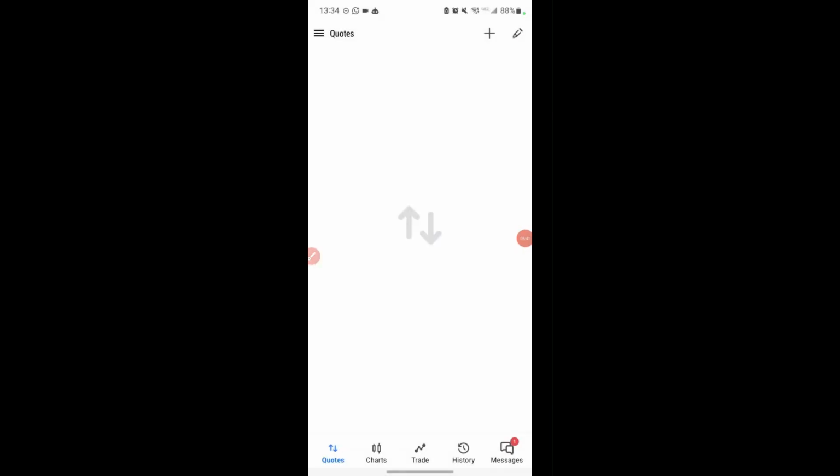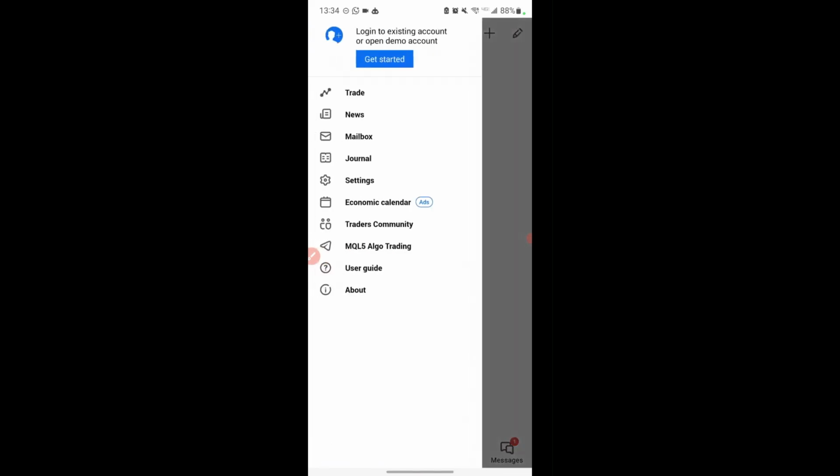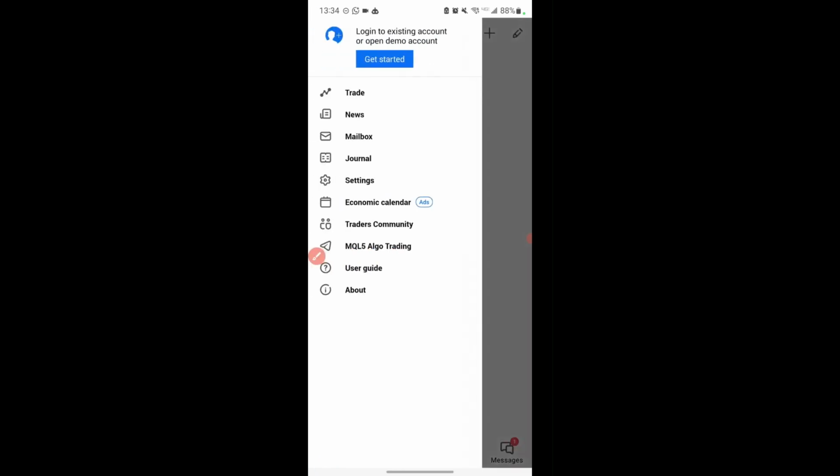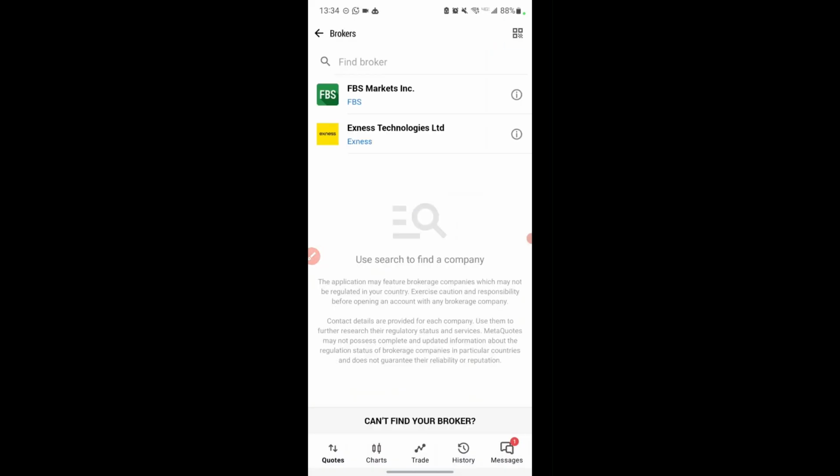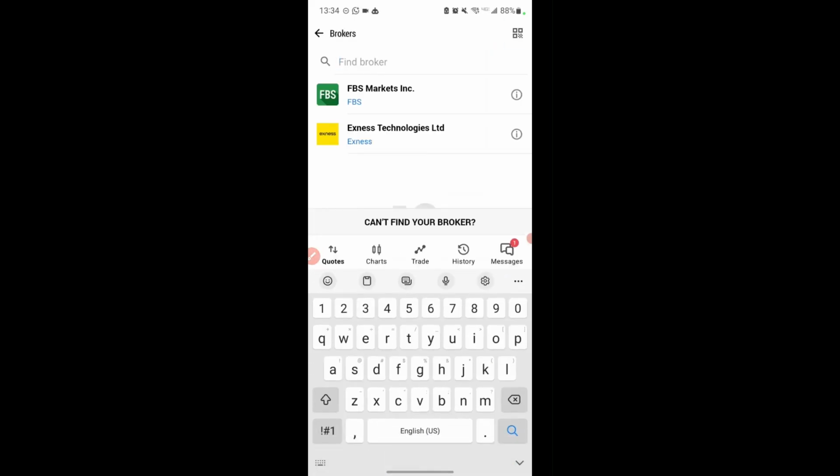Okay, so this is a blank MT5 account, as you can see. So just click on these three circles up here. I'm sure you know how to use MT5, MT4 by now. Click there, click on get started. As you click on get started, you click on the plus icon by the top right, then you search, right? We are using Deriv,